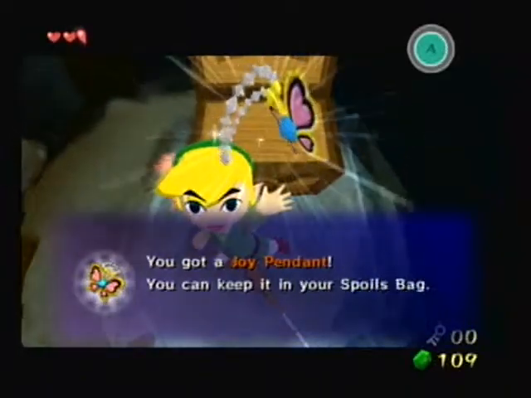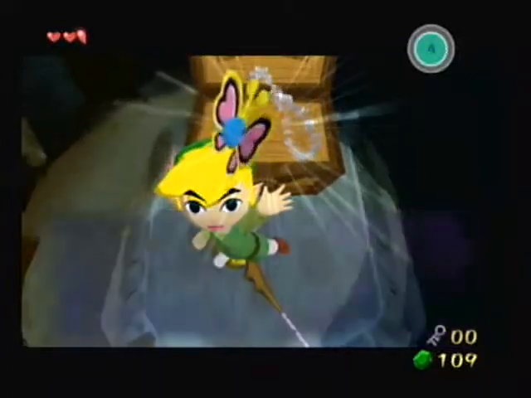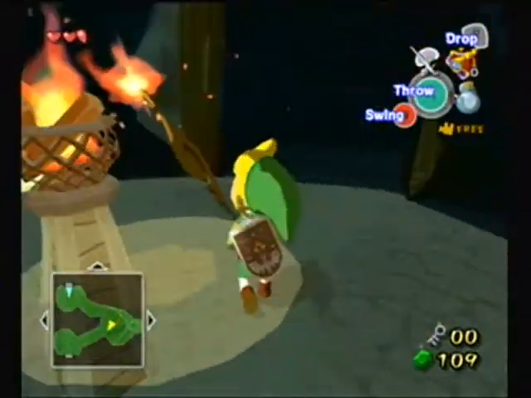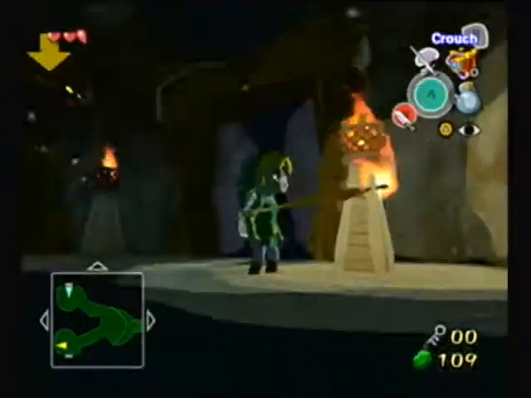Okay, we get another joy pendant in this small chest. These joy pendants are our collectibles. If I hadn't mentioned this before, we're going to need a whopping 40 of them. I say whopping 40 because most of the other collectibles you'll need at least 20 to redeem whatever you need